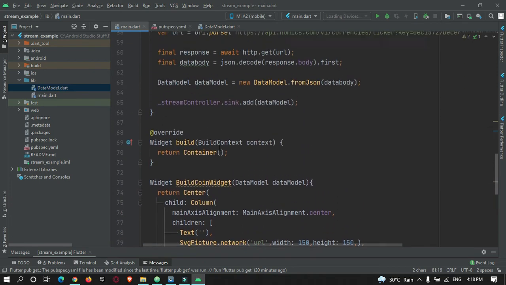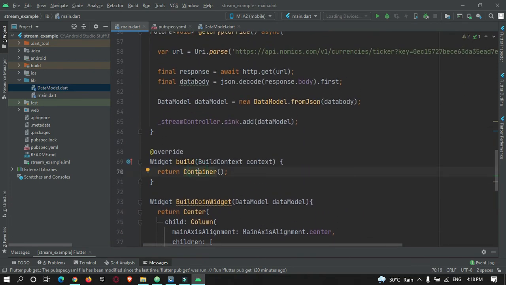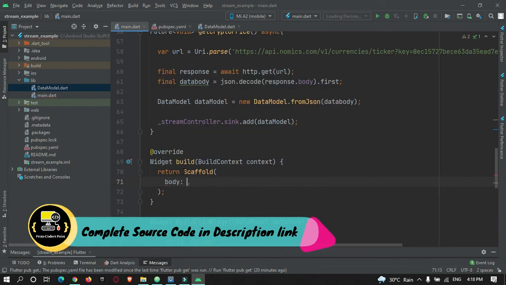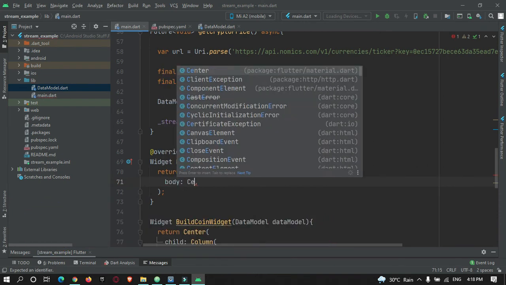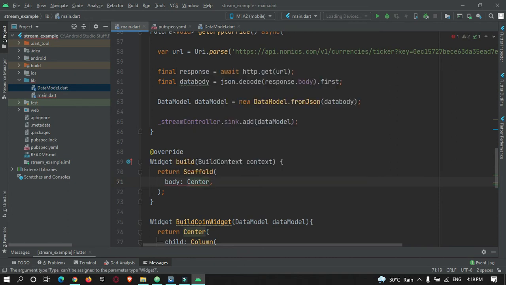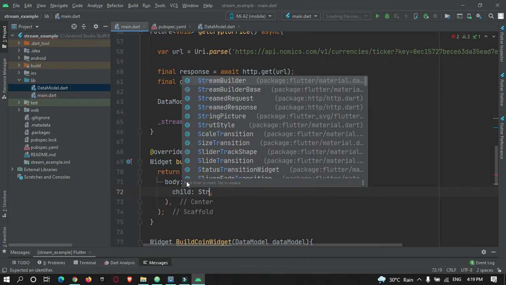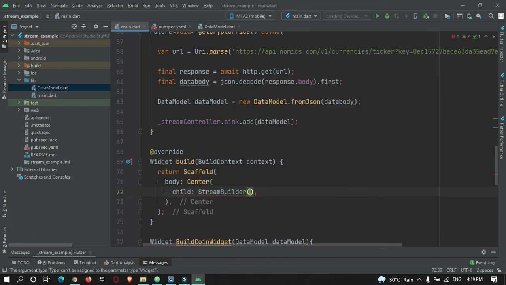So first of all, over here container, so let's replace it with a scaffold widget, and inside scaffold widget we will make use of a body tag, and in a body tag we will make use of a center widget to bring all the widgets at the center of our screen, and here we will make use of a stream builder to get the data that is been built.